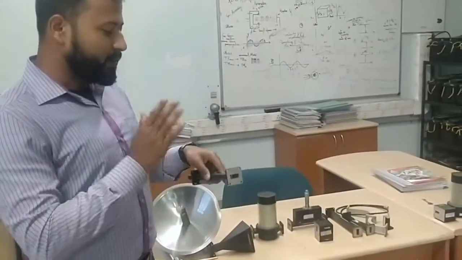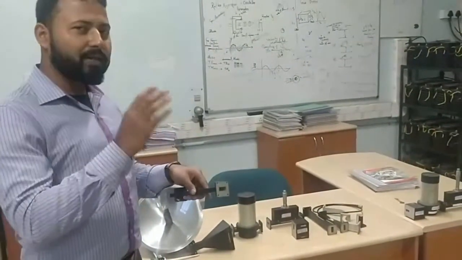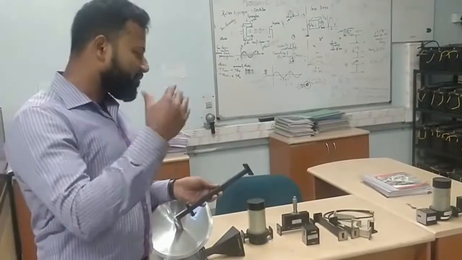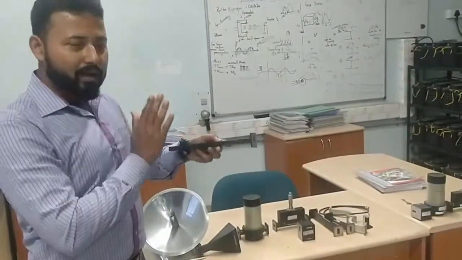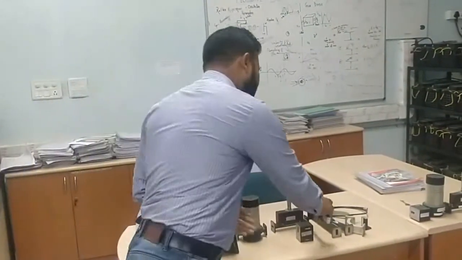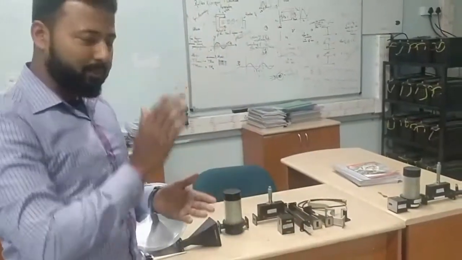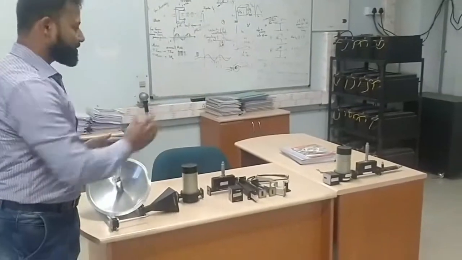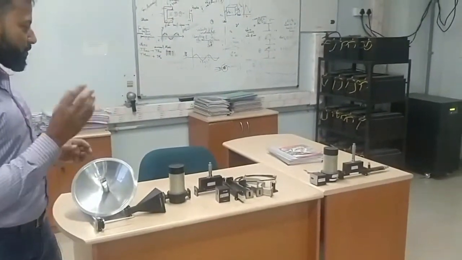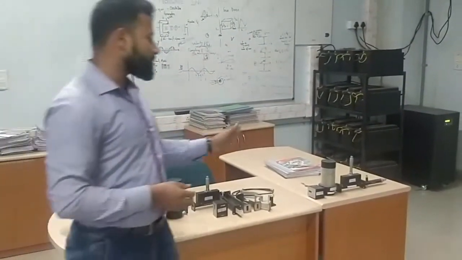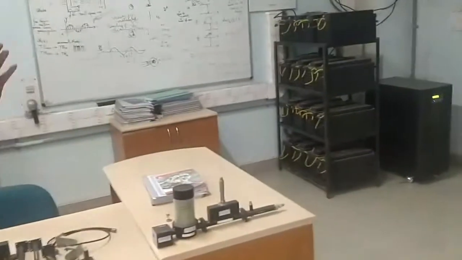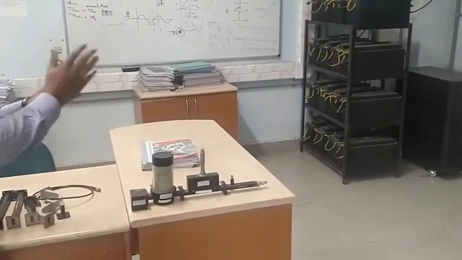Depending upon this structure, we have all the other components which are used in this lab. We have different components. This is a kind of waveguide structure, and we can have many other structures which are based on the waveguide. These are all the components. We are supposed to take all of them together to have our specified lab setup. Something like this is the complete structure, taking into consideration all the components together.